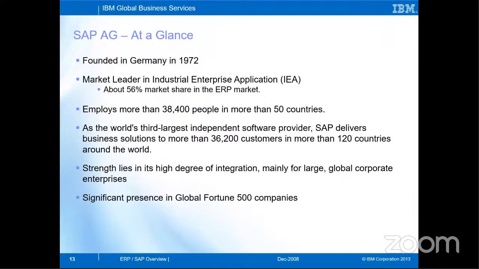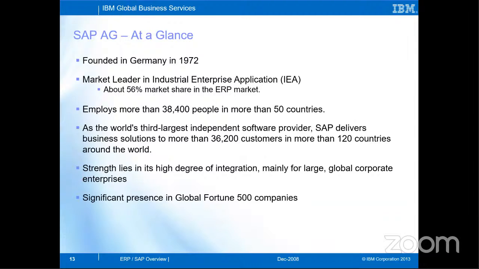Okay, so just as a reference to the company itself, SAP was founded in Germany. It's a German company, founded in 1972, so this year it's the 50th anniversary, like I said. It's a market leader. It owns about 56% of the market share, which is more than half. It's not just SAP that occupies the ERP market. There are a lot of small vendors who take up bits and pieces of the market. But with everything into consideration, it still owns the majority of the market share, and it has been a successful company so far.